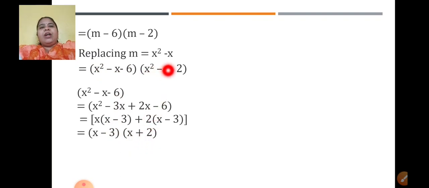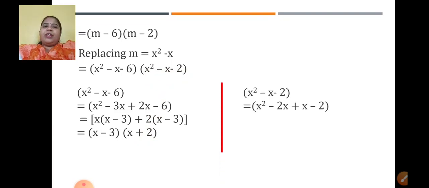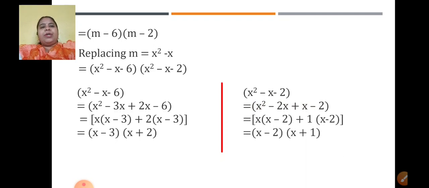Same way I need to factorize this term also. Correct? I have already shown you the factors of it. What are the factors of minus 2? It can be written as minus 2x plus x. Okay? Then take common from here. When I take common, x can be taken common. What will be left inside the bracket? X minus 2. From here what can be taken common? As such nothing. So we'll take plus 1 common. So answer again will be x minus 2. See the factors. X minus 2 is repeated. Which is the other factor? X plus 1. So I have got here factors as x minus 2 and x plus 1.